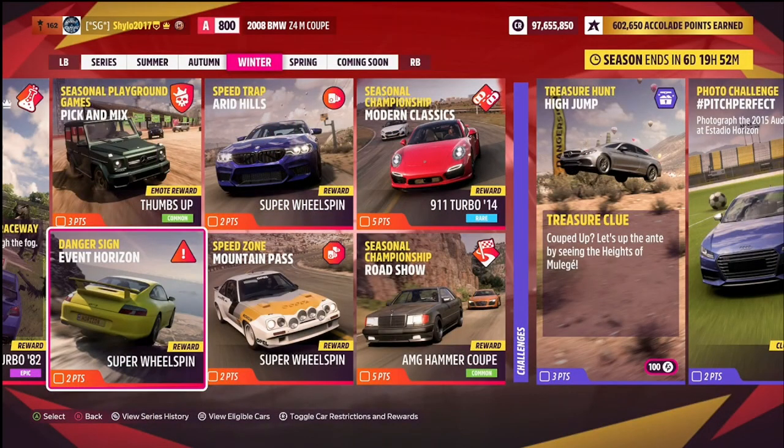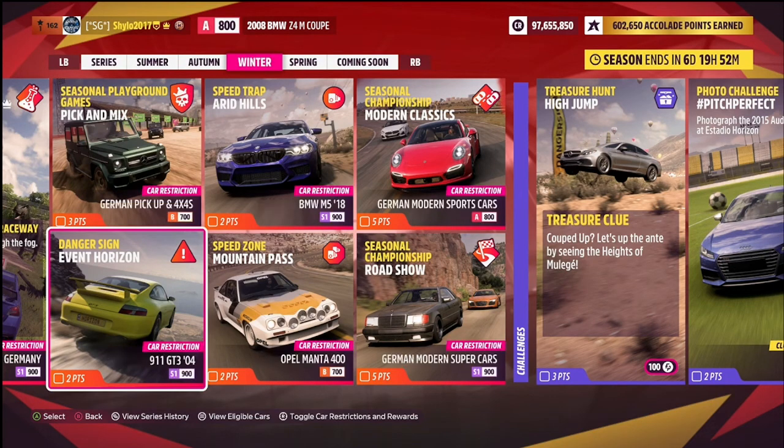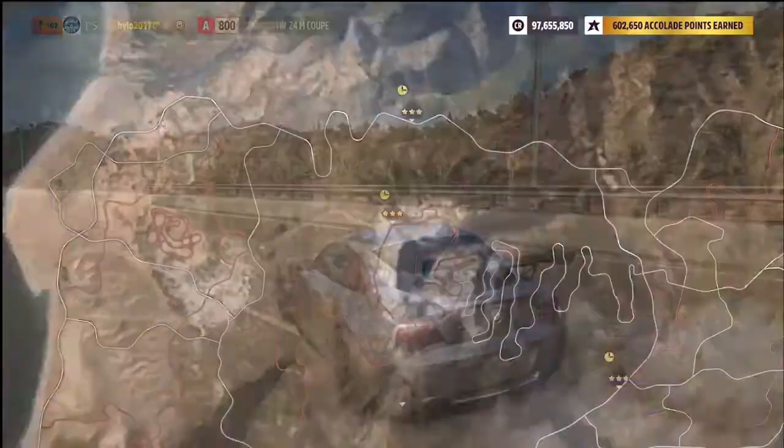Right then, we've got to the best part of the video in my opinion. This is where I get to show you some gameplay. It is the 3 PR stunts of this week. So firstly, we'll be starting off with the Event Horizon danger sign. This will get you a super wheel spin and 2 points towards the festival playlist. So for this week you'll need to be using an S1 Porsche 911 GT3 from 2004, and you'll need to